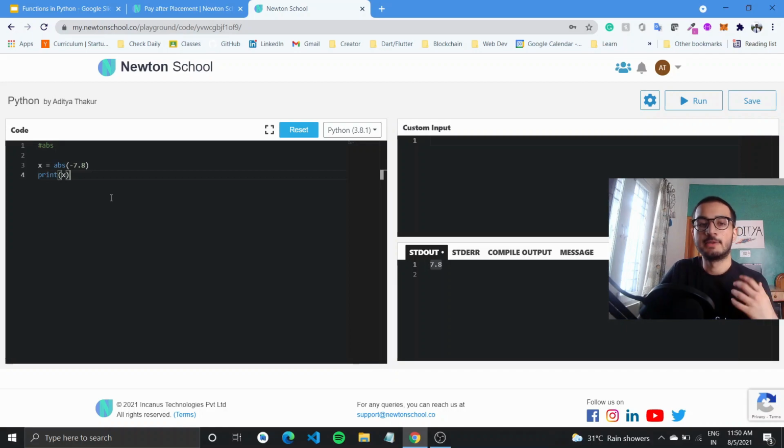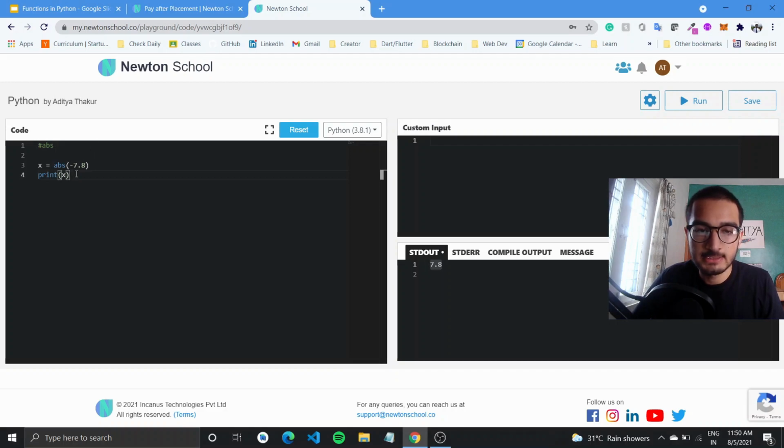Now where can it be used? There could be certain questions where the user might input any value, it could be positive or negative, and you only want the numerical part of it. As in this particular example too, there was minus 7.8, but if I wanted only the 7.8 part of that, you can use the absolute function.